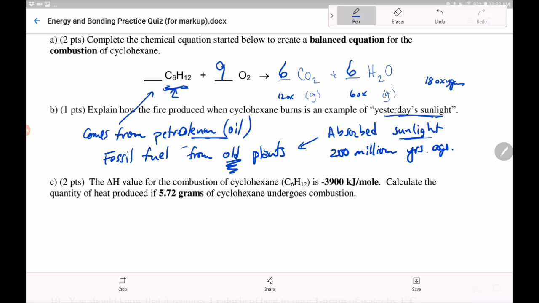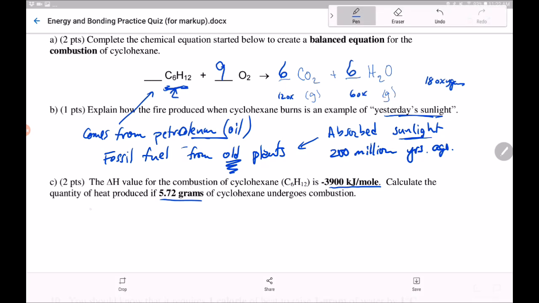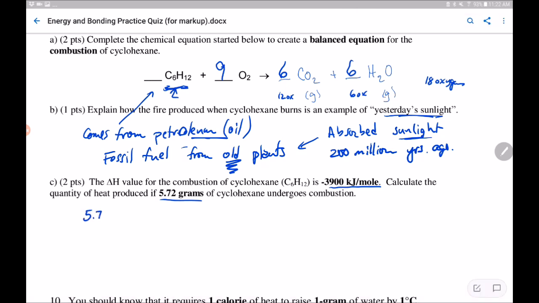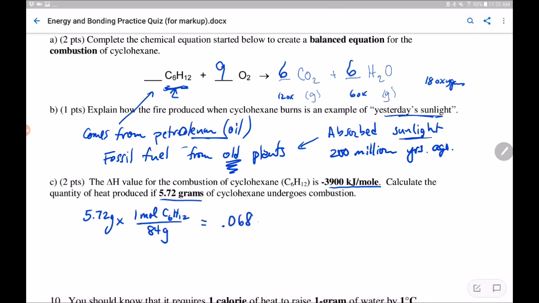All right, last question here is a mathematics question, 3,900 kilojoules per mole, 5.72 grams of cyclohexane. I'm hoping it makes sense to you that we should turn that into moles. 1 mole of C6H12 has a mass of 72 plus 12, 84 grams. All right, so this would be a logical first step. Use my calculator, 5.72 divide by 84. 0.068 moles